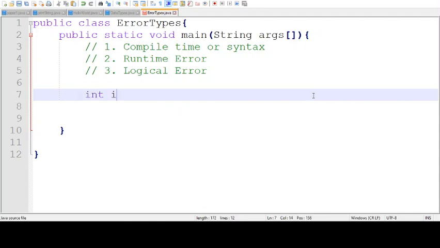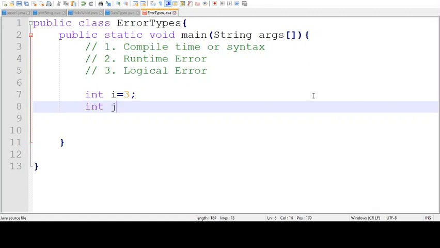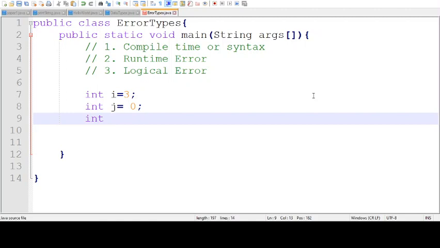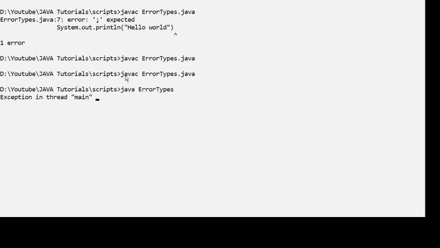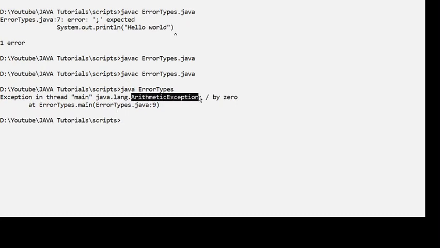For example, if we have int i equal to 3 and int j equal to 0, and now you want to divide them and store it in c, so you say c equals i divided by j, and if you compile this program, you won't see any error at compile time. Let us compile it. You can see there is no error, but if I wish to execute this program, then I will be given an error: divide by zero, or arithmetic exception, right?